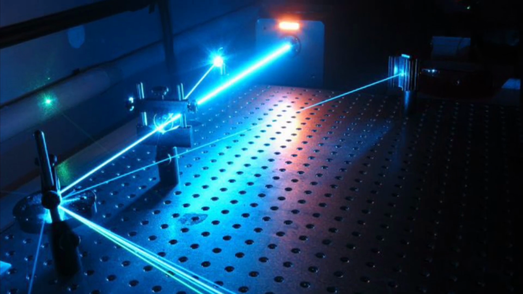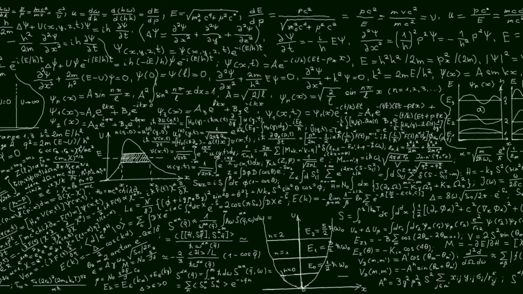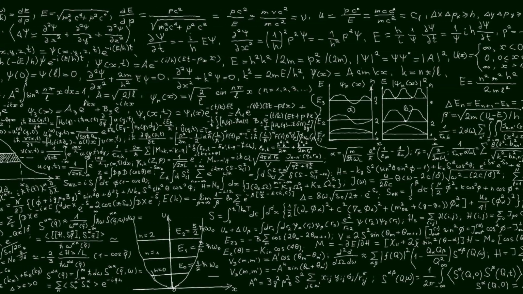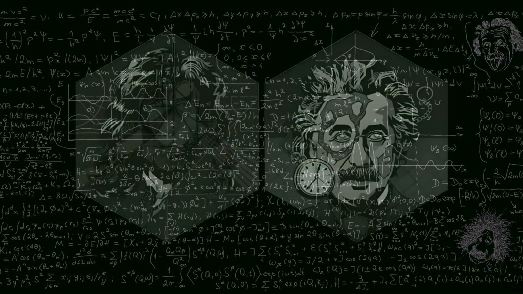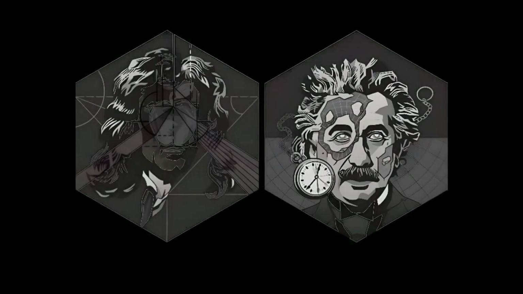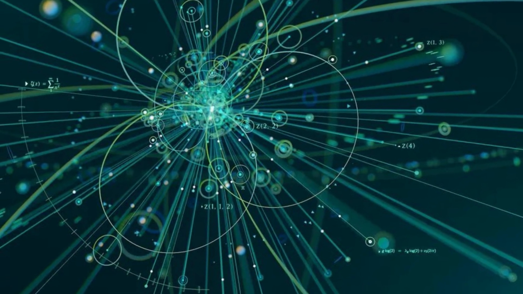In physics, we don't just guess. We observe, measure, we form hypotheses, and then we test them. And when a pattern holds, it becomes a principle. When it fails, it's discarded and we move on to a new hypothesis. No equation is treated as sacred. And in fact, that's what makes physics so beautiful and interesting. Every theory, be it Newton's gravity or Einstein's relativity itself, is open to questioning and to refinement. At its best, physics could be thought of as a self-correcting dialogue with nature itself.